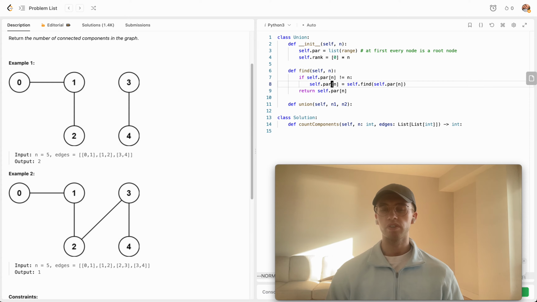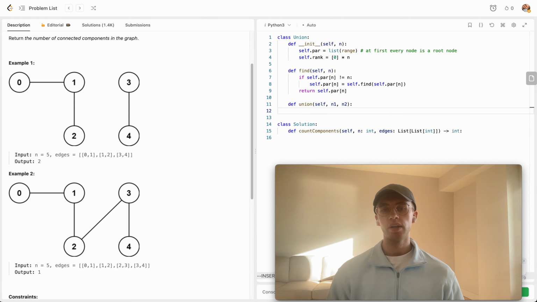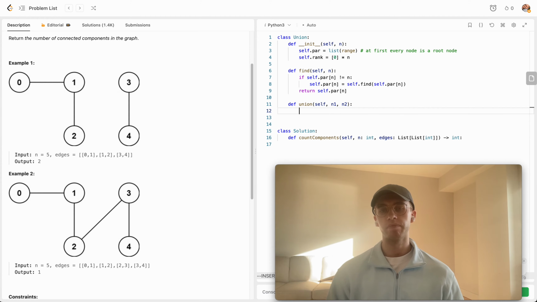So it's basically using a compression just to shorten that chain. So this runs, I think, in log n time. And we're saying that, okay, until we see that we found the root, and this is how the union find algorithm works, that if the parent is itself, then we found the root. So this is basically finding the root. So from here, we just want to say, okay, well, the first thing is we want to find out the roots of these nodes, which is basically just using the function that we just implemented above, like so, self.find node